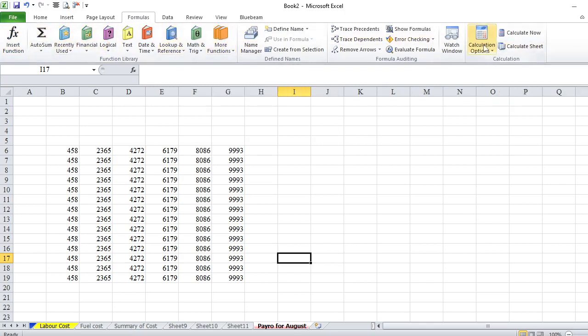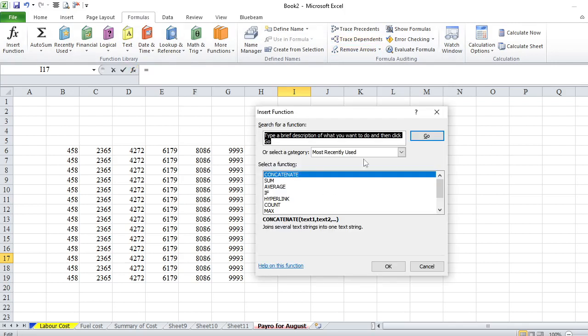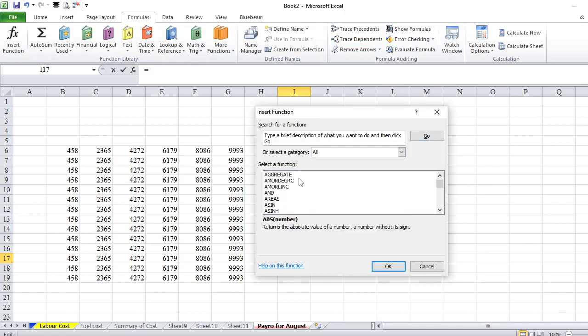So for example, when I come to this, look at the formulas here. Look how many formulas are here, for accountants, for engineers, for economists, for whatever. These are all the formulas that Excel can do.